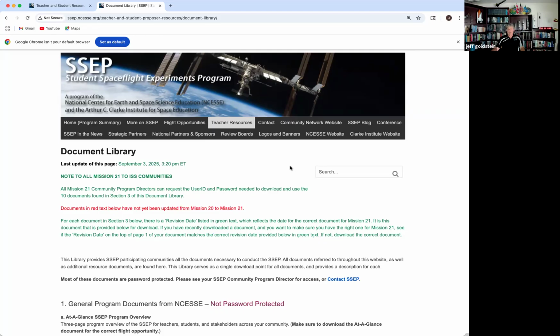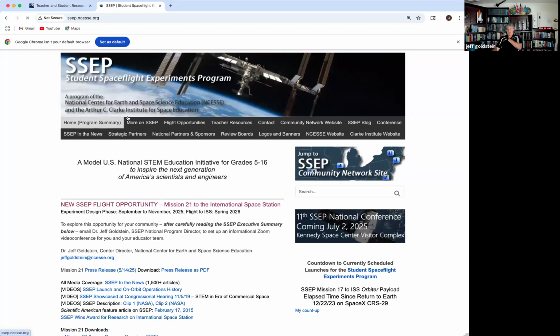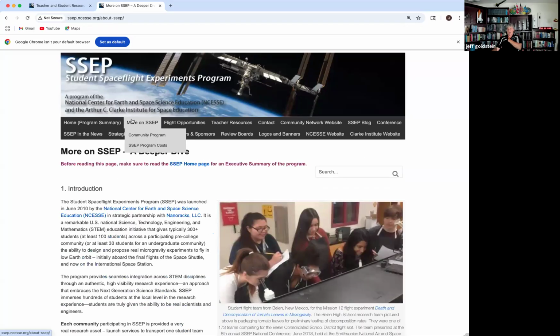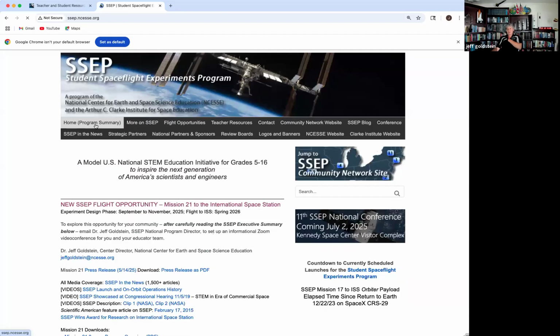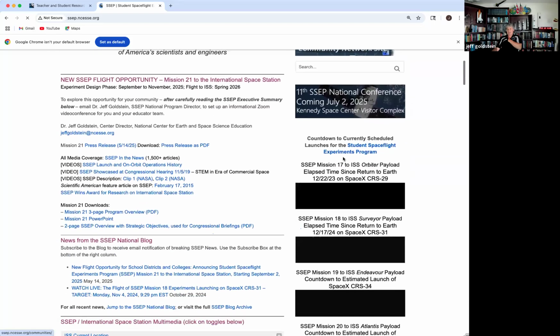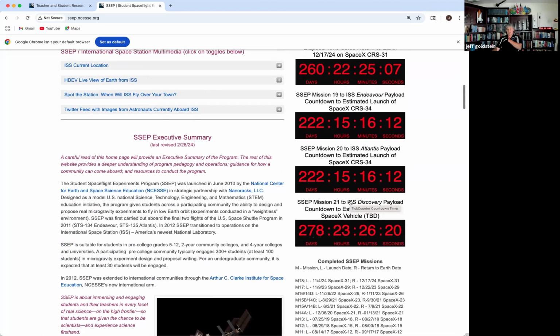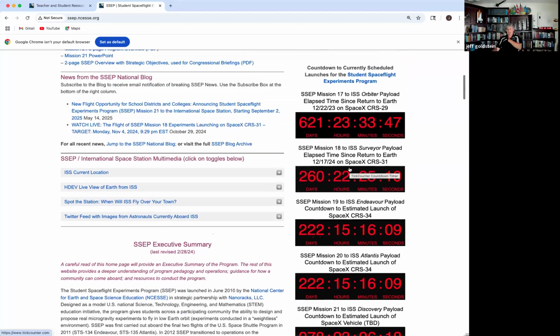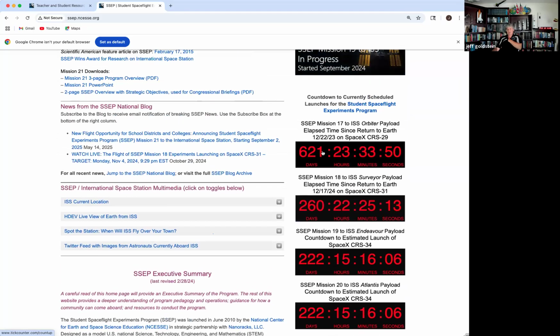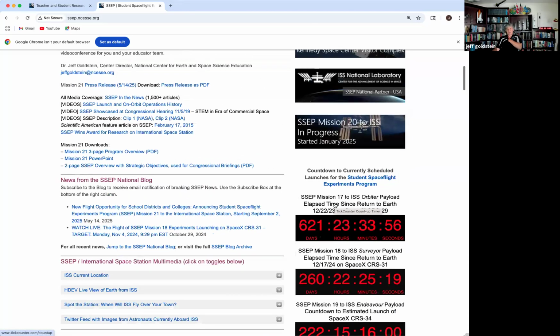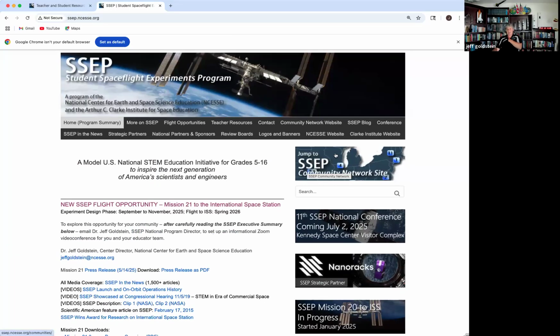So now let's finish up by going to the community network website button. On most pages on the website, like the home page, you'll see a column on the right with a bunch of stuff. Here are the countdown clocks to the launch of your experiment on Mission 21, the Mission 20 and Mission 19 countdown clocks, and how much time has elapsed since the Mission 17 and Mission 18 experiments returned. But at the very top of the right column is a little banner that says Jump to SSEP Community